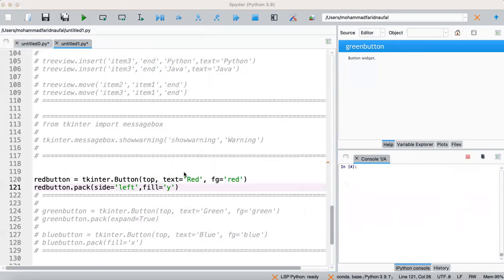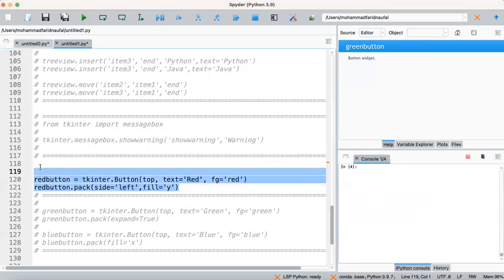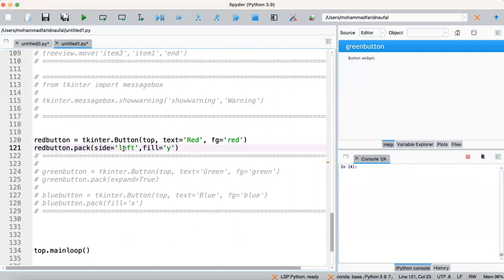I think you can just try it by yourself. These arguments are used for placing our widgets into our GUI form.